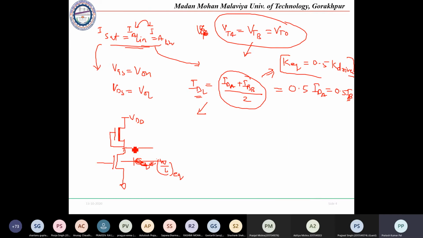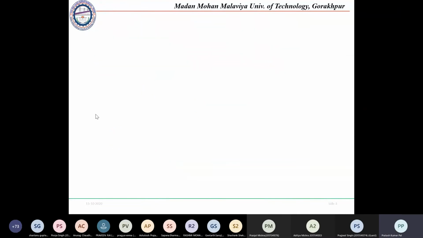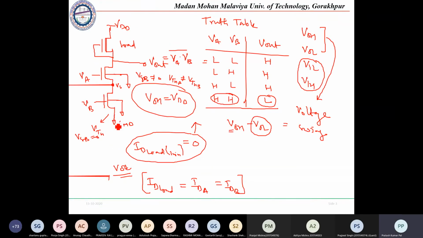Okay, and if we are going to implement it in the form of an equivalent inverter, and suppose we have a larger number of transistors, so a large number of inputs, this is the generalized NAND gate. In this generalized NAND gate, suppose k n number of gates are connected. This connection is basically called a cascode connection.